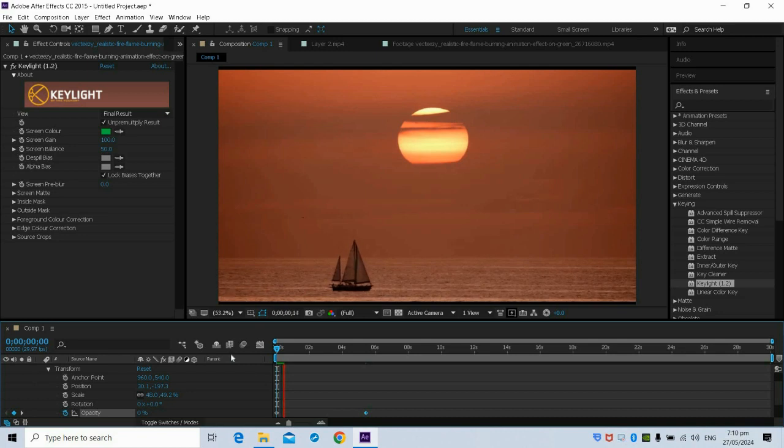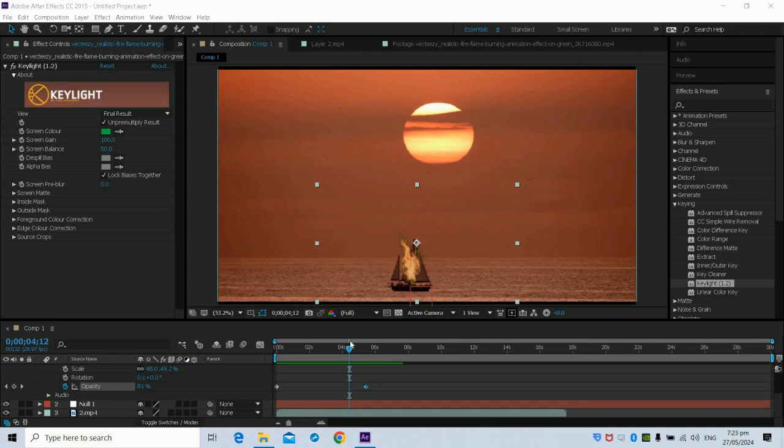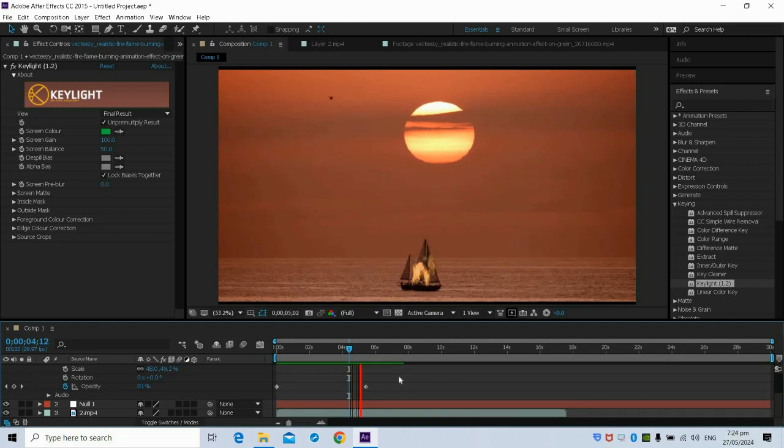Until it reaches the second keyframe of opacity, which is 100%, it will appear.